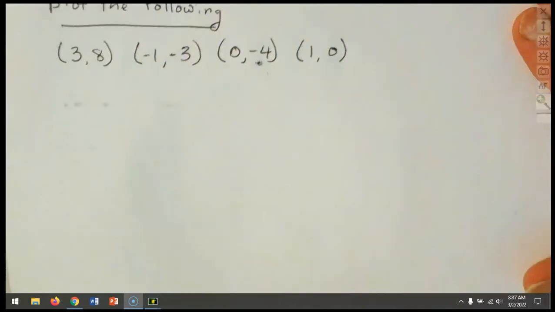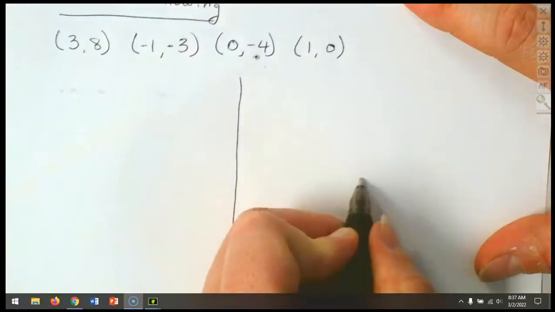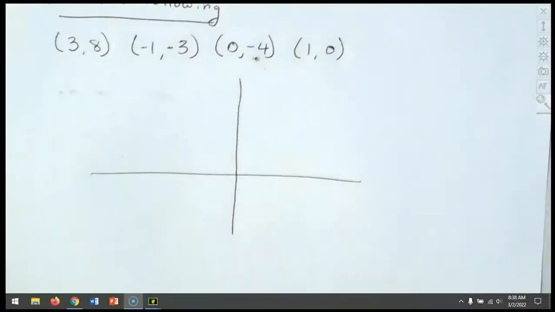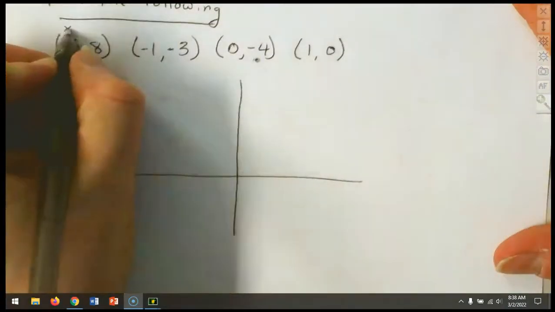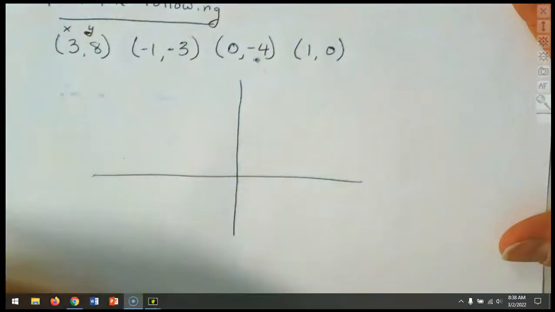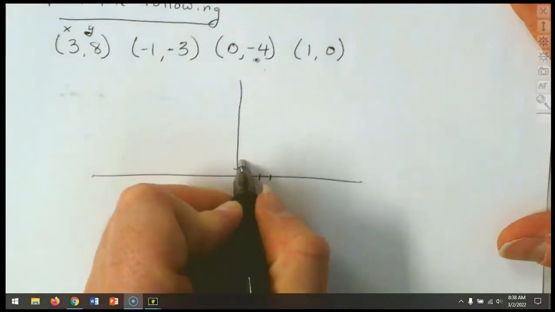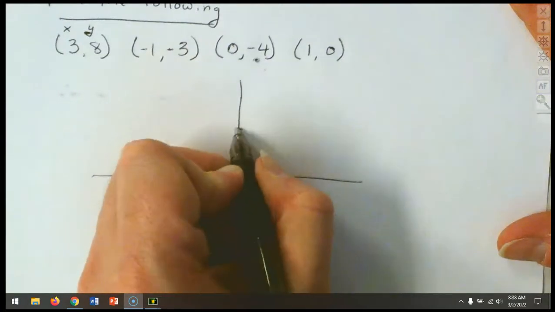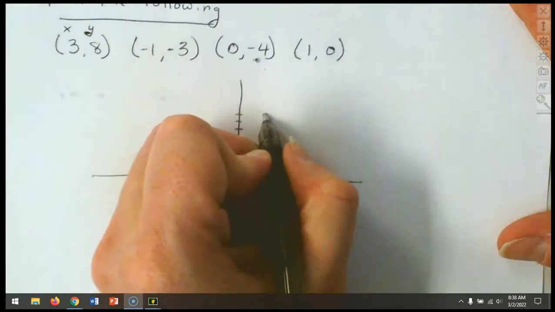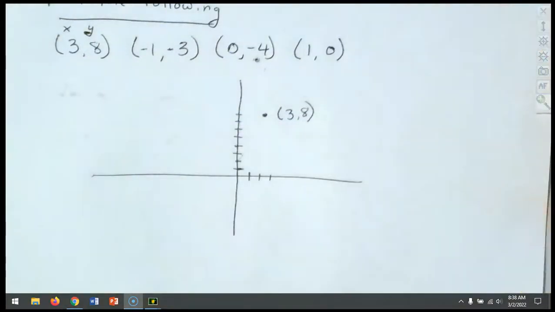So let's begin with our first one, which is 3, 8. What goes first? Well, the x goes first, y is second. So 3, 8 would mean we go over 3 and up 8. So 3, 8 is right here. Now, in your homework, you've got graphs for all the problems